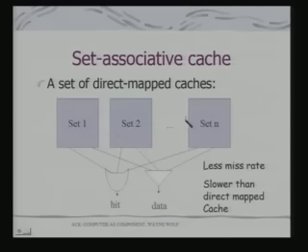So, let us see its actual implementation. I have got a set of direct mapped caches, these are different sets. My hit can come from any of these sets, because a given memory block gets mapped onto a block in this cache, and since there are n such sets, it can get mapped onto any one of these blocks in any one of these sets. So, the hit logic will come from any one of these blocks. It has got less miss rate compared to your direct mapped cache, but obviously it will be slower than direct mapped cache, because you now have to take into account so many comparisons.